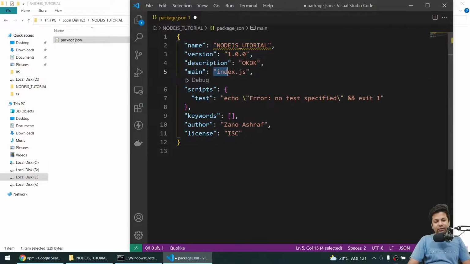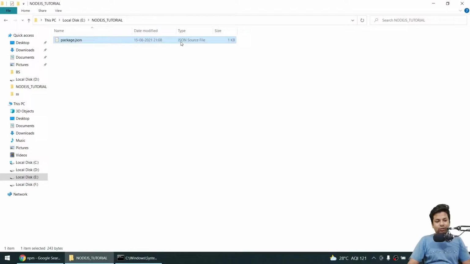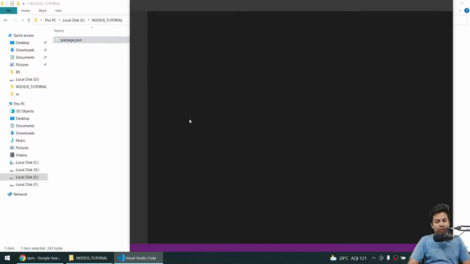Then you have a main file, you can change the main file also like this. Okay, now I'll just close this and close this. Let this file be. Okay, now